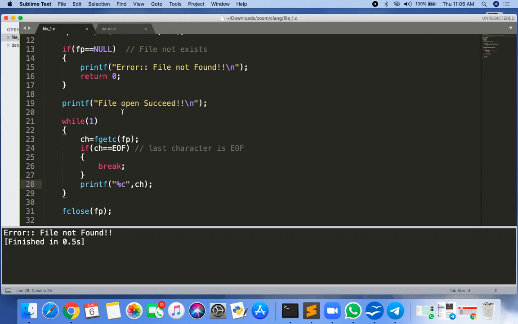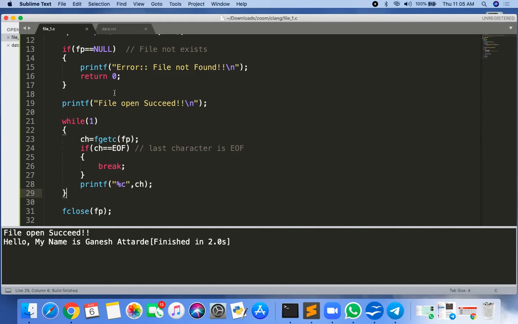Remember it. When one character is read, fp is now pointing to the next character. So fgetc will increment the fp, and you don't need to do fp plus plus here. Okay, so we'll run this program and check whether it is correct or not.